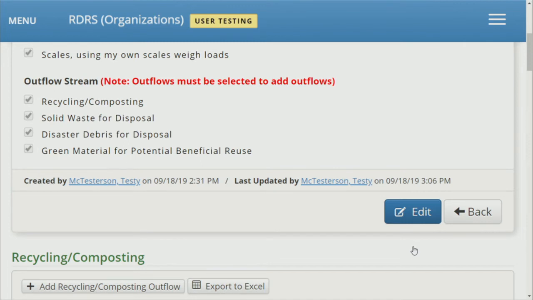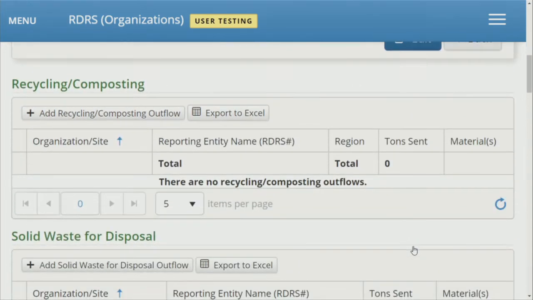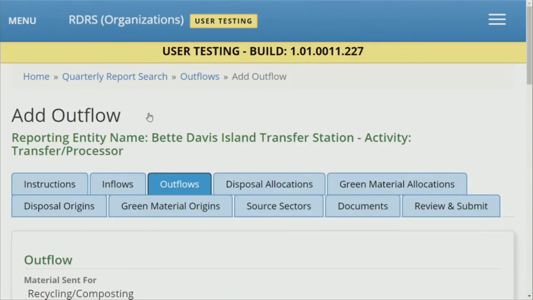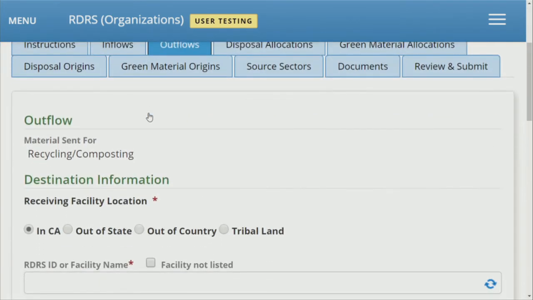All right, so now we're going to add a recycling/composting outflow by scrolling down to that new table that was added as a result of us having indicated that there was recycling composting. Click the Add Recycling Composting Outflow plus button at the top of that table. This will take you to the Add Outflow page where you fill in required destination information. And you can verify right there that this is a recycling composting outflow stream by looking at material sent for